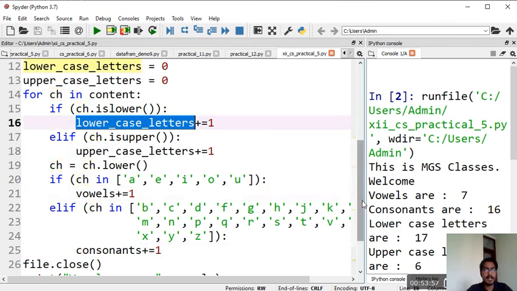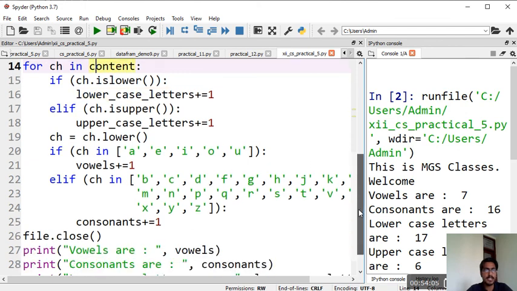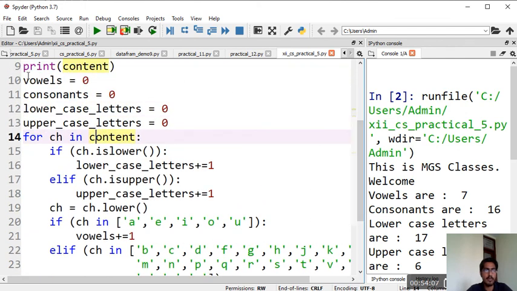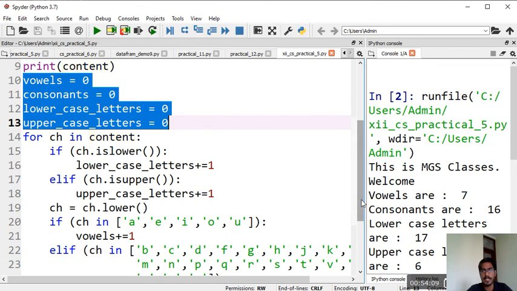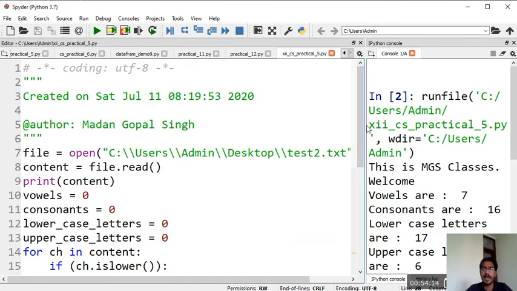After completion of this for loop, the file has been traversed character by character, and the status is maintained in these 4 variables: vowels, consonants, lowercase letters, uppercase letters, and at the bottom we are printing, and we have verified this is working fine.